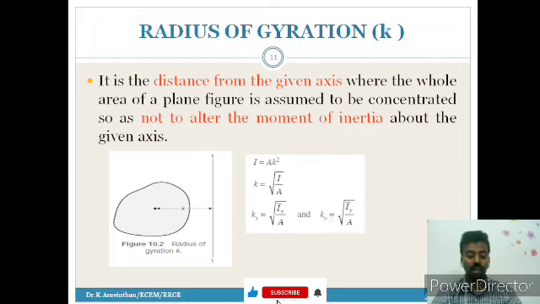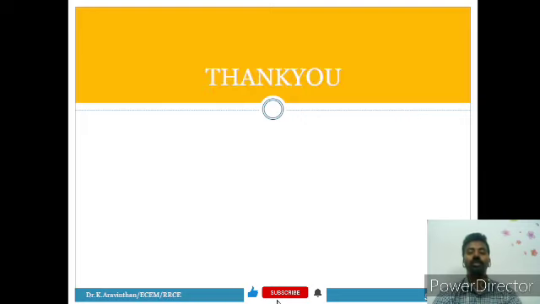Today, these are the important concepts which I would like to discuss with you. I hope you have understood these concepts and the analytical part. By this understanding, there is a second term called application. Right now you have studied the concept, the formulas, and how to apply the formula, and you found the answer by solving the problem. If you know how to find the solution of this kind of problem, you can apply it in practical areas.